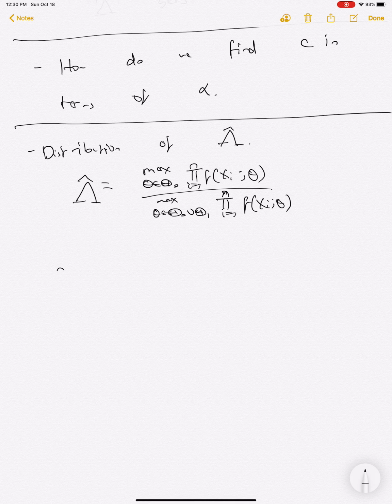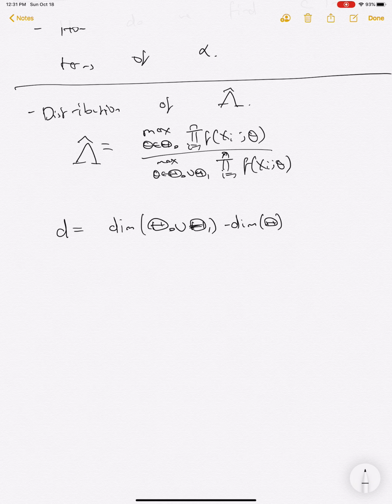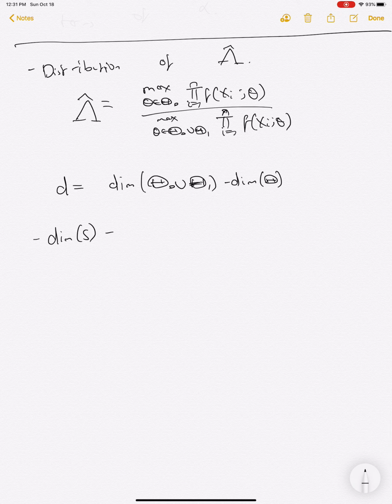So we're going to let D be related to the so-called degrees of freedom. I'm going to use a slightly vague definition here. I'll tell you what it is in various examples. D is the dimension. The dimension of S, loosely, there are some strict definitions of it, but I think the easiest way to interpret it is the number of degrees of freedom or parameters that define the set